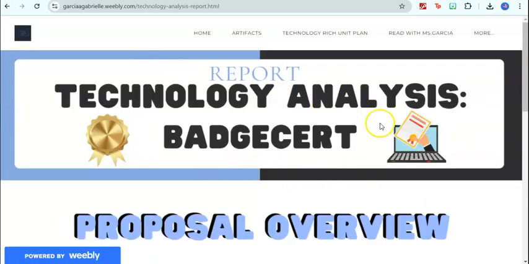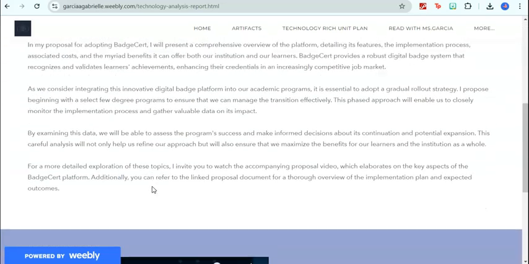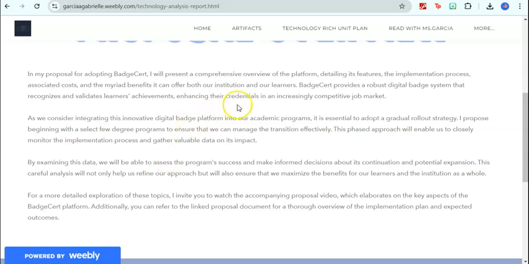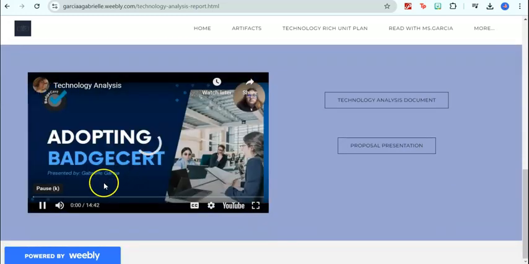And then our technology analysis report, Badge Shirt. I made sure to match the colors to the program that I was using, as that is what I was introducing. I explained what my project was about, why Badge Shirt was being introduced, what it was, a badge system, and then just making sure I told them about the benefits, the different degree programs that I think it would work best in. I attached it as a YouTube video